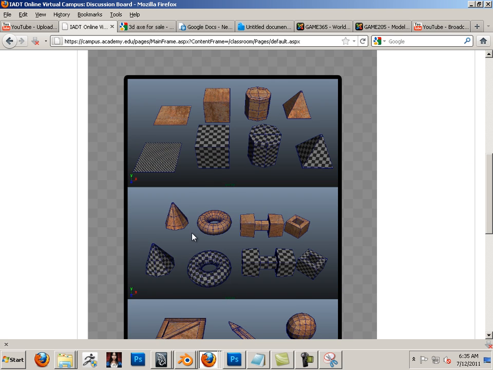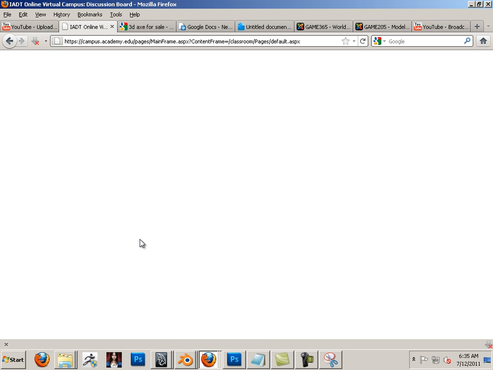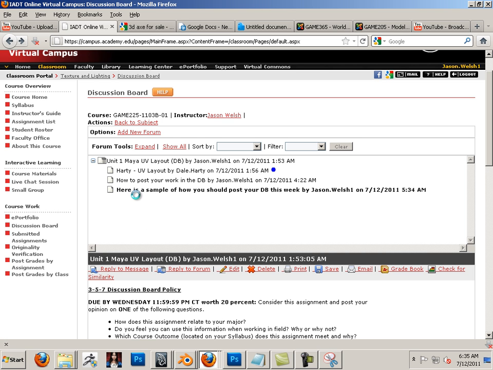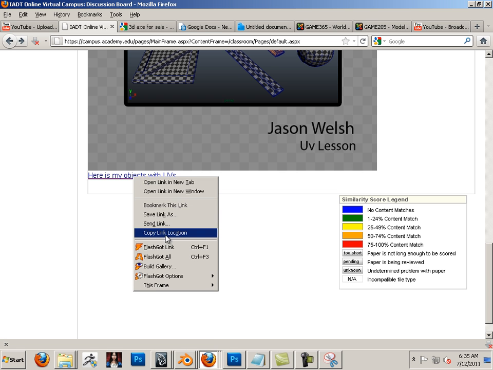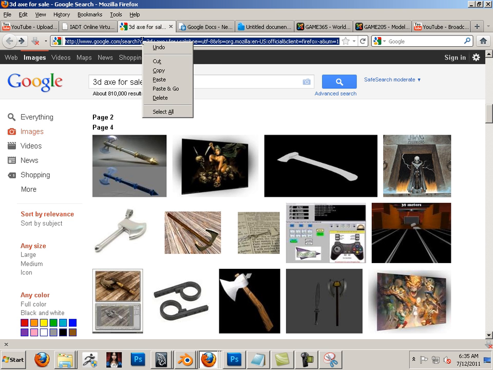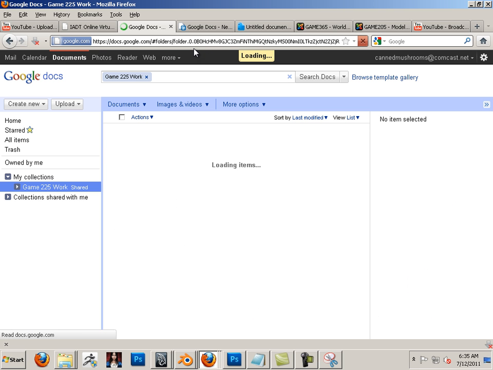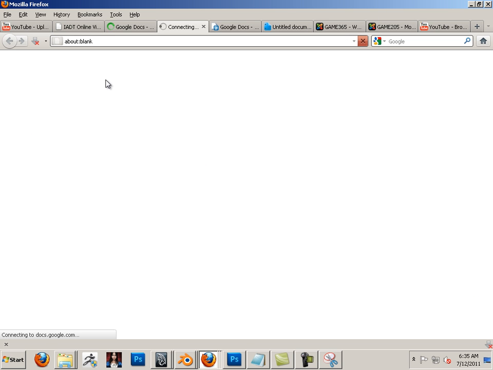Here's my image. Here's my UVs. Check this out. I can hit this and it should take me to the other place. Hold on. Nice. See, I can actually go in here and get my UVs if I wanted to. And here's my shared document. This document, if you want to name it,